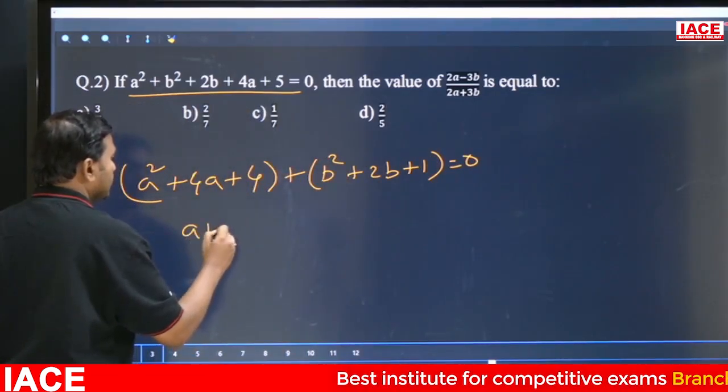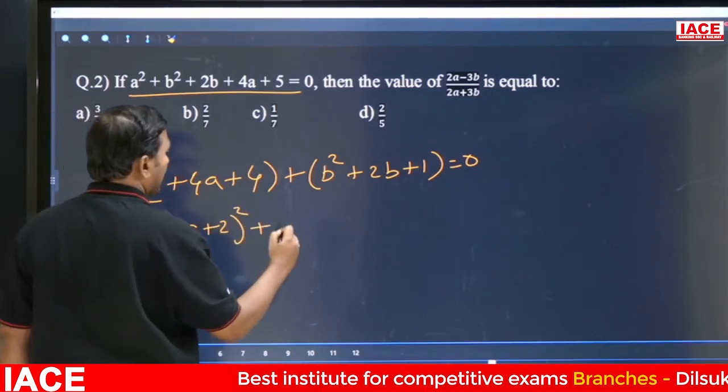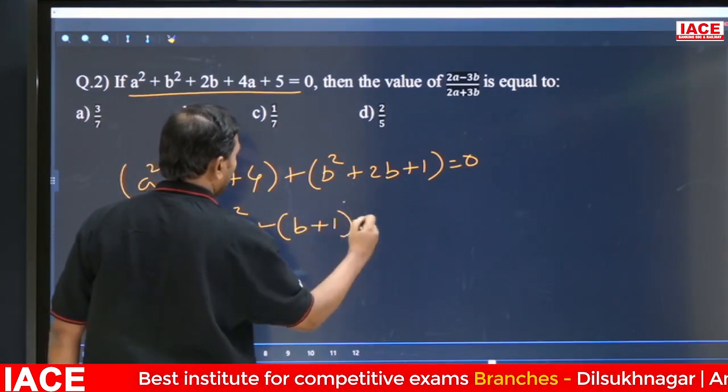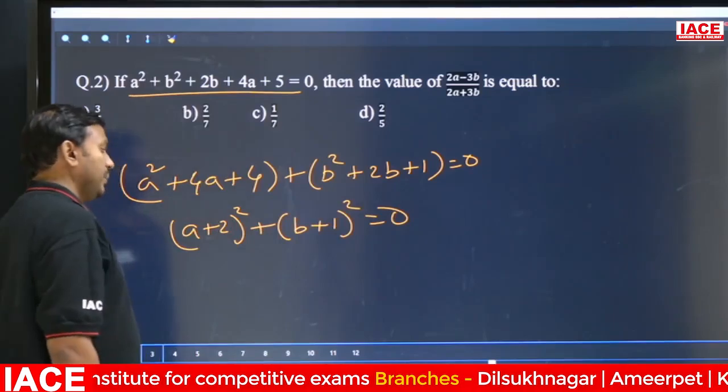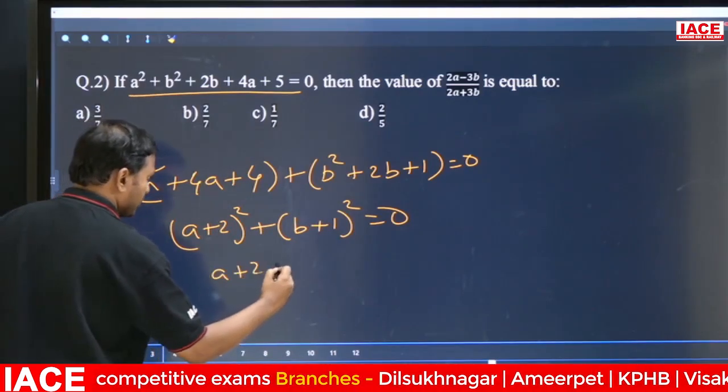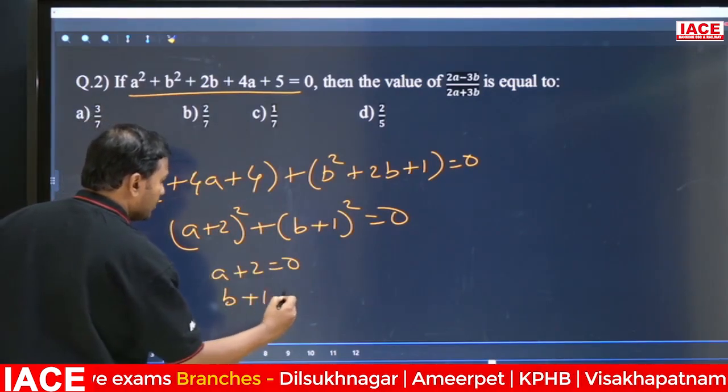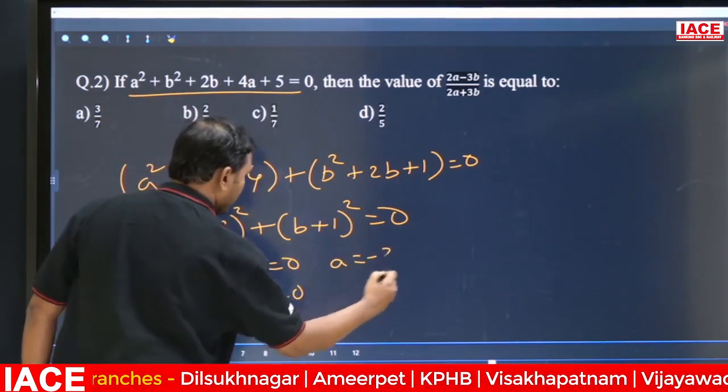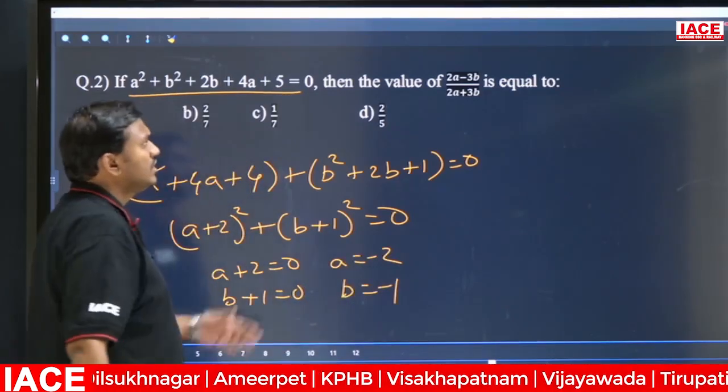A plus 2 whole square and this is b plus 1 square. That means a plus 2 equal to how much? 0. B plus 1 equal to how much? 0. So a equal to minus 2 and b equal to how much? Minus 1. Substitute here,